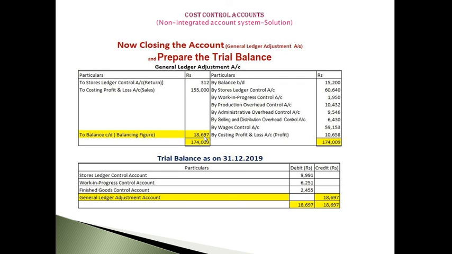It is finally transferred to the trial balance on the credit side as general ledger adjustment account, and the debit side totals rupees 18,697, and the credit side totals rupees 18,697. The trial balance